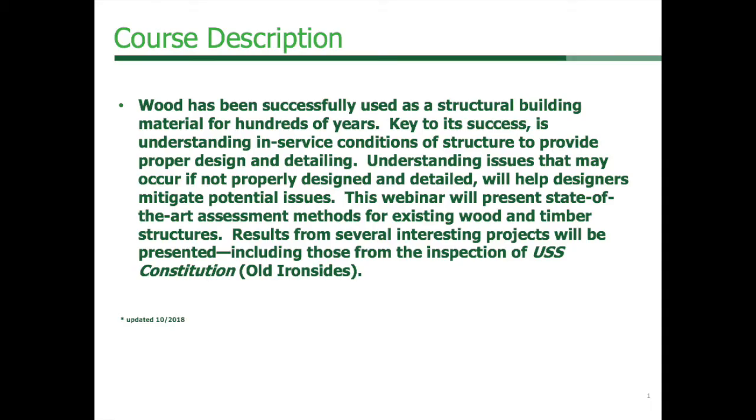What I want to get to is the course description. What we're going to do today is just focus on the present state of the art in assessment methods for wood and timber structures. I'm going to go through those individually, and after those, we'll take and ask